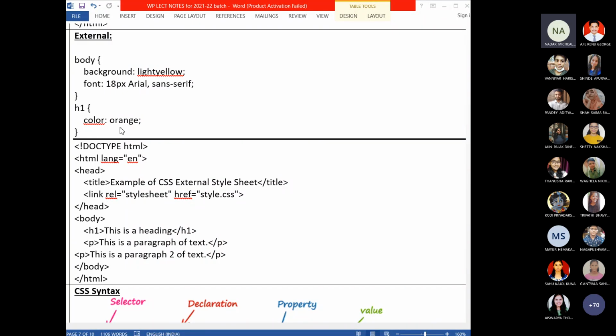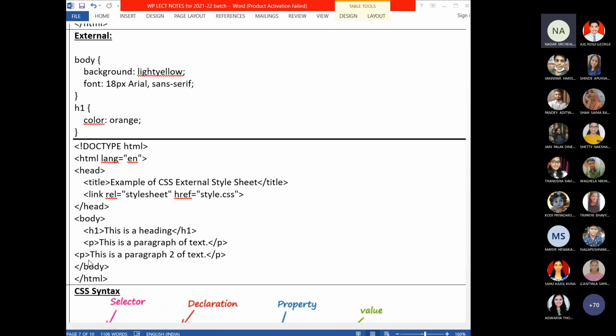That is the only style definition I have given for the h1 tag, so the h1 tag will take that style. Suppose within the same body I use another h1 tag, that h1 tag will also take this style definition.